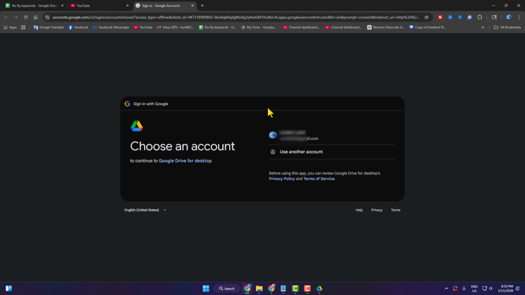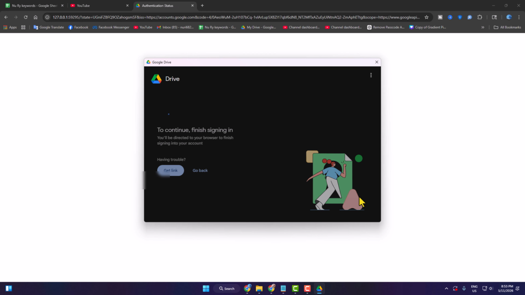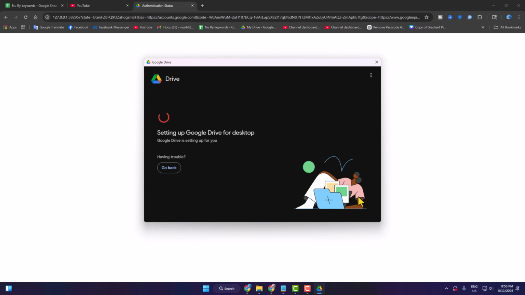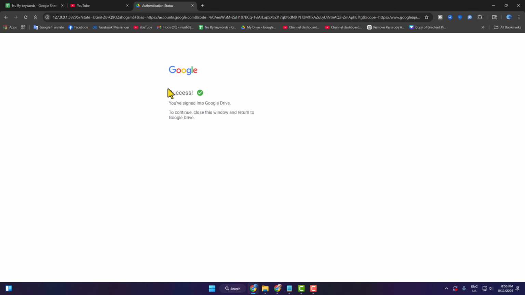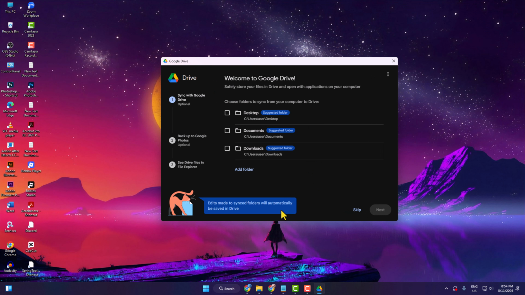So click on sign in and you directly jump into your browser. So you can choose a Google account to sign in, or you can use another account by clicking this option. So I'm just selecting my Google account to sign in, clicking on sign in. Once success, I'm going back to Google Drive,